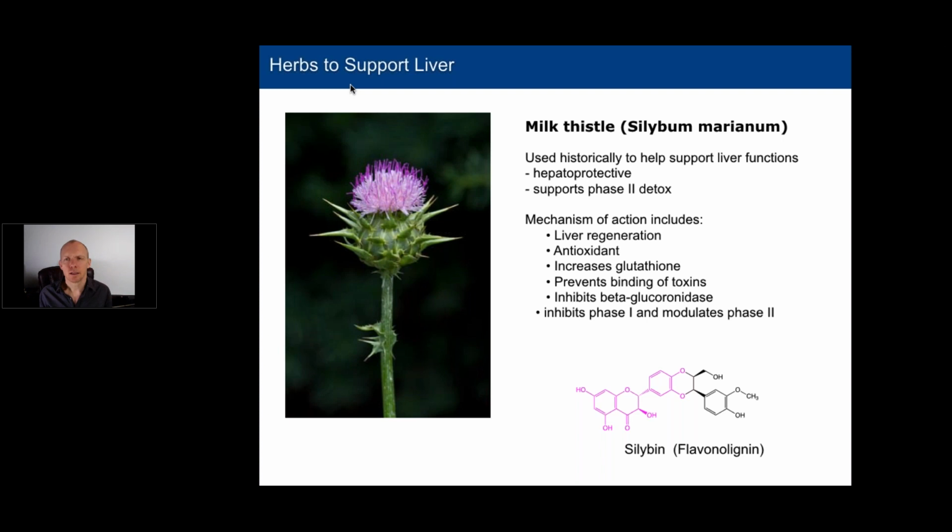Now another, the classic herb for the liver is milk thistle. We know that it's used historically to support liver function and helps protect the liver. It's considered hepatoprotective. It appears to support phase 2 detoxification. It does not appear to stimulate phase 1 detoxification, and rather it actually inhibits it a little bit, slows down phase 1 detoxification. So you're going to have fewer reactive intermediates there, which is positive. So when you slow down phase 1 and increase phase 2, you make sure that you have fewer reactive intermediates